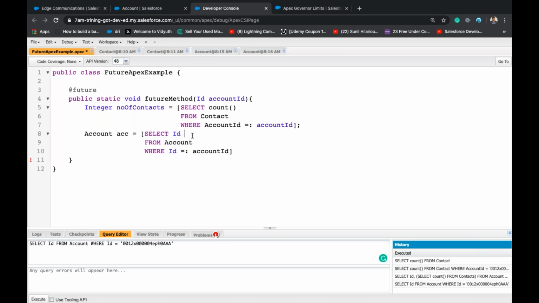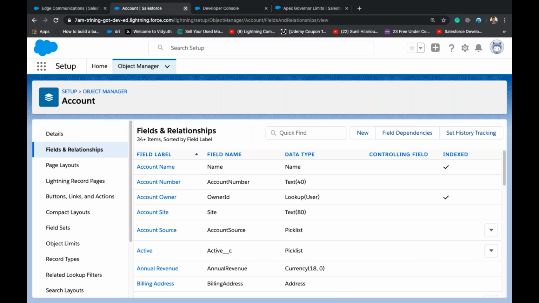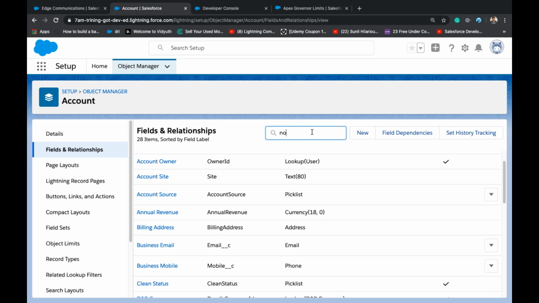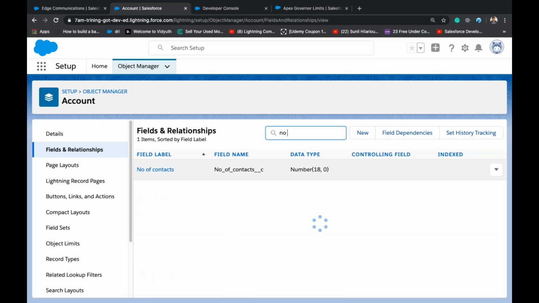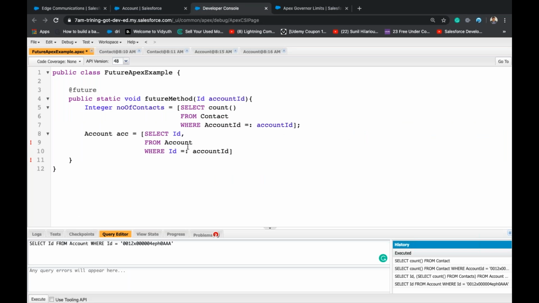So along with the ID, I'll also get this number of contacts from account where account ID is equal to so, right?